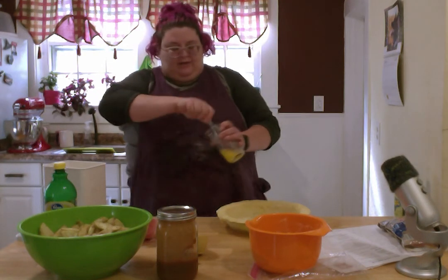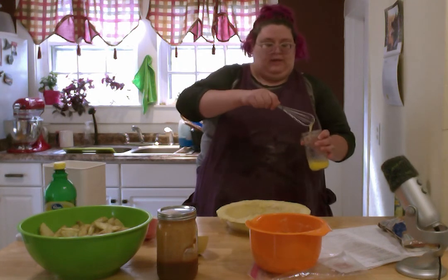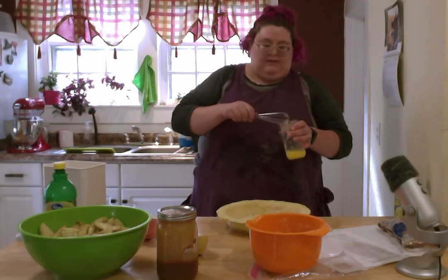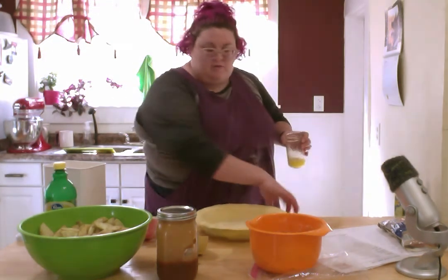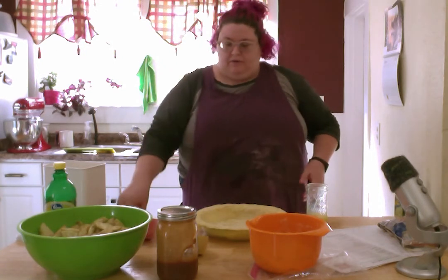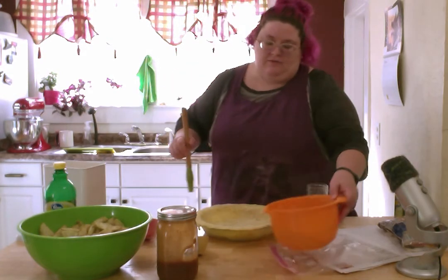It does not need to be amazingly well whisked. You really just want to crack the yolk, get it going a little bit. I found from previous attempts at baking this pie and from other uses of an egg wash, it looks tidier when you put the egg wash on before you put in all your filling, because then you can get the egg wash just down into the pie crust a little bit,